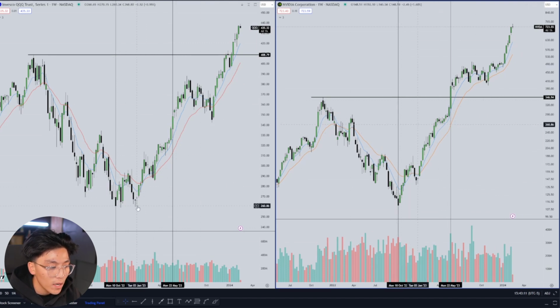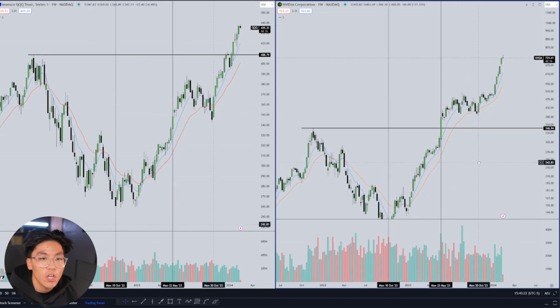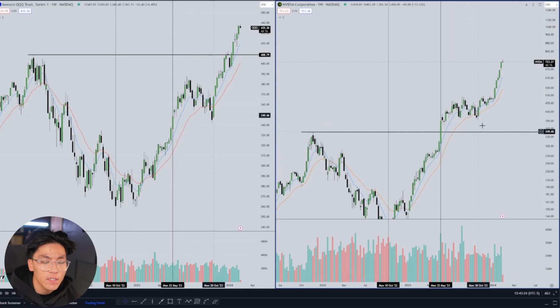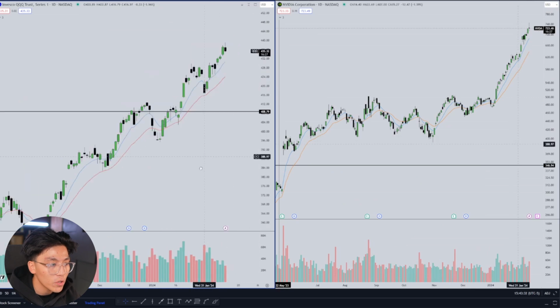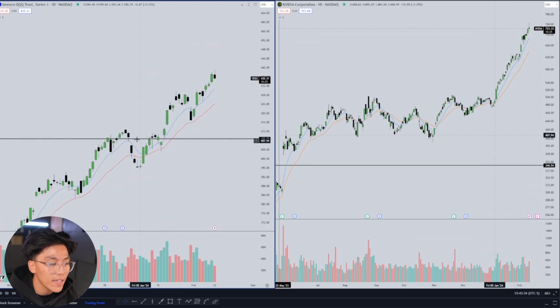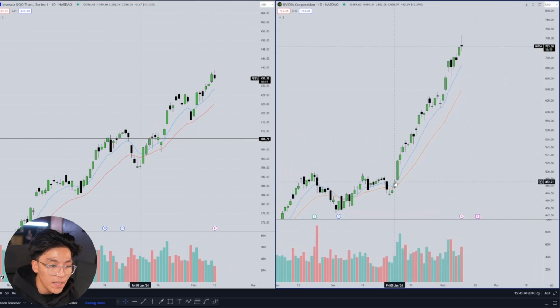The Qs pushed down one more time and then started making their way back towards the upside. It just took out this key liquidity level, but you can see that at the exact same time, Qs were already at all-time highs. So this ticker is very relatively strong. And then fast forward to a couple months ago, you can see that the Qs finally hit that all-time highs level a month ago. And if you're looking at NVDA in the past month, NVDA has just absolutely rocketed